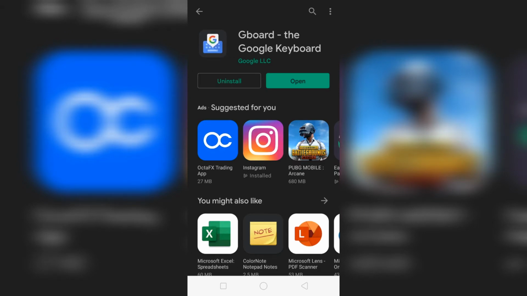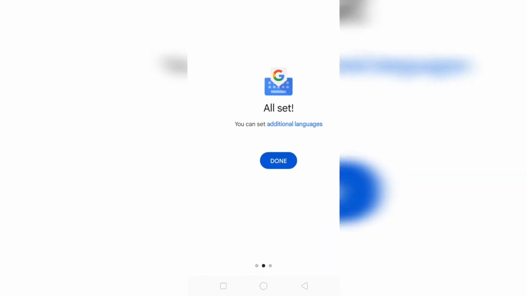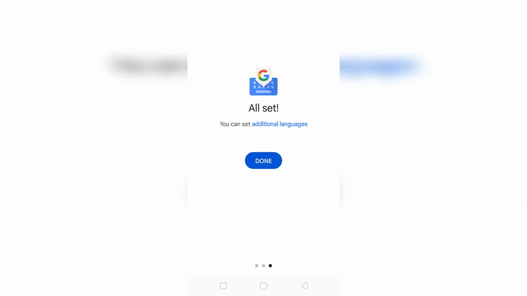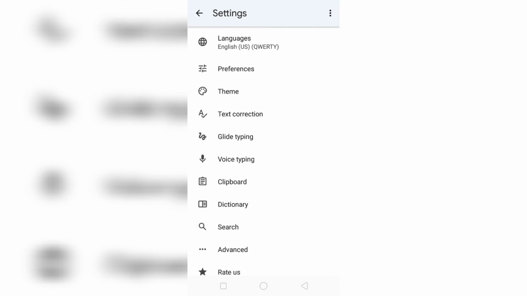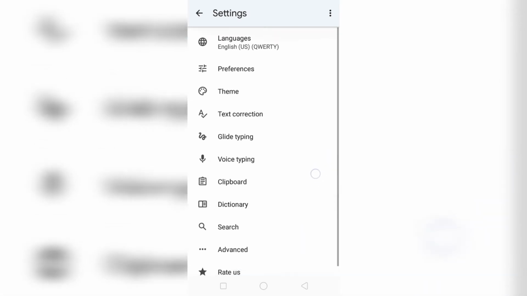So simply tap to open this application. This application will open, and here first select Gboard as your default input method, and then step 2 all set, then tap on done, and here is the preference setting, different settings that you want to change